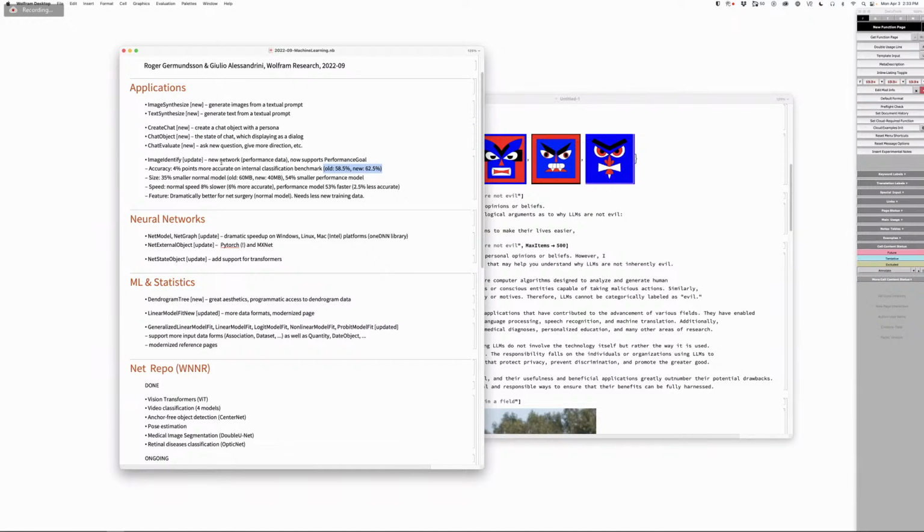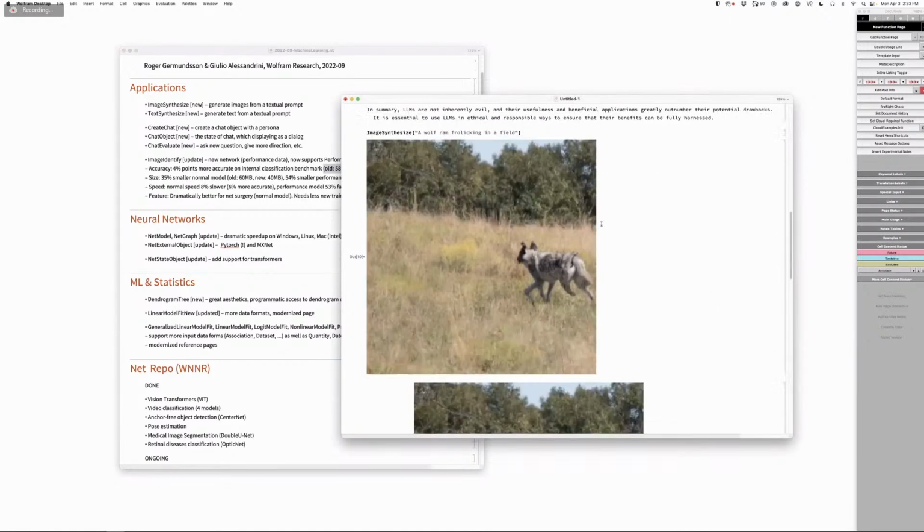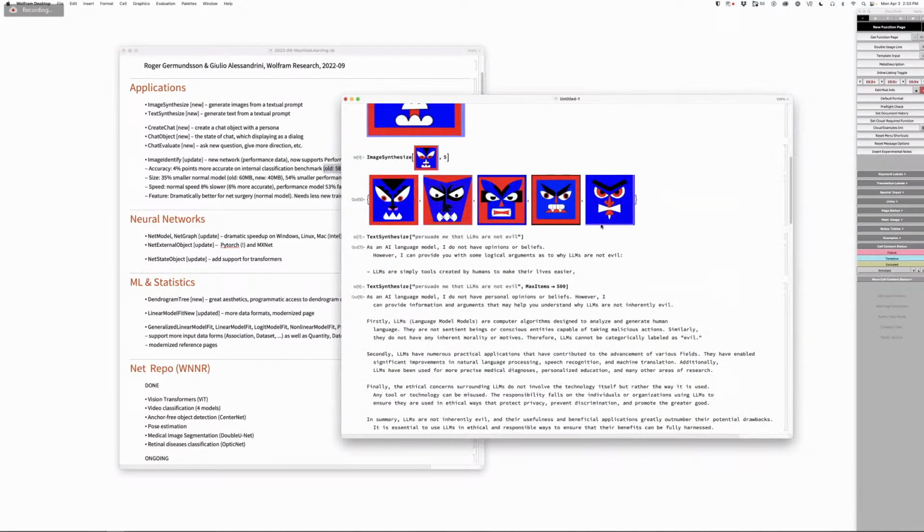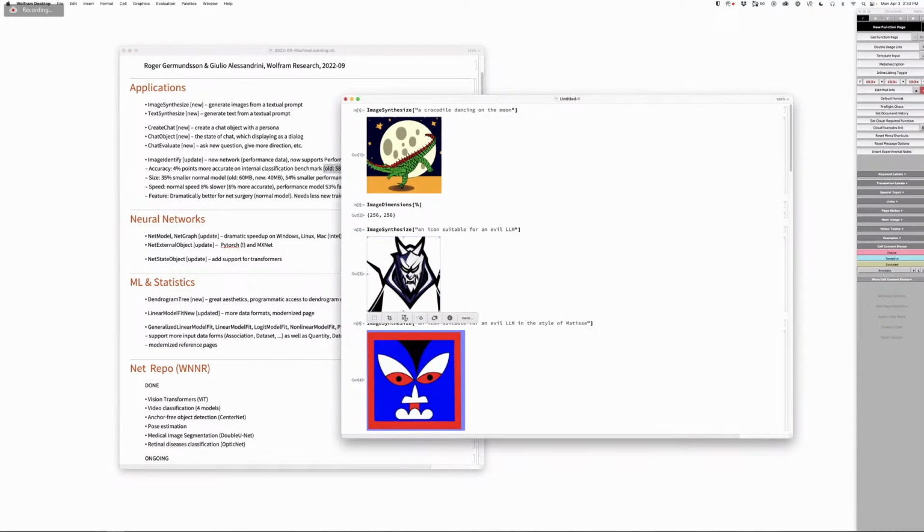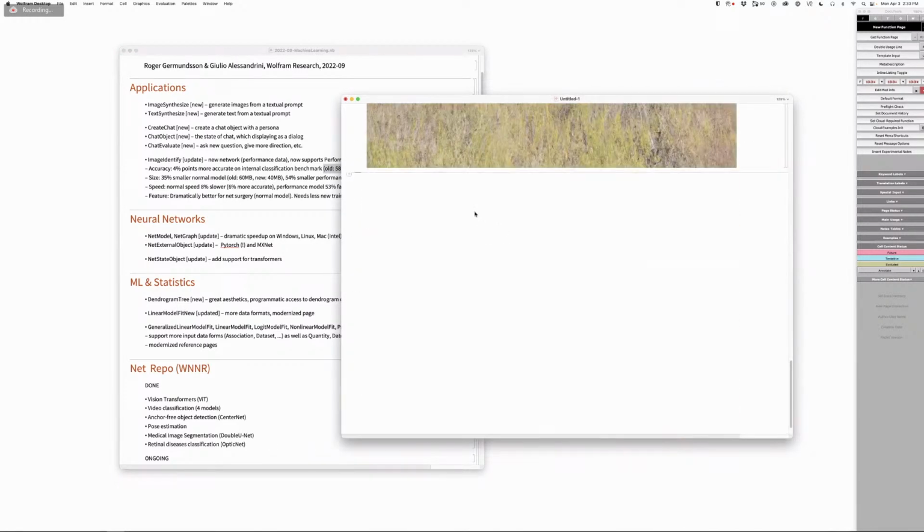The big problem is the first use of image identifier, which is absurdly slow. How do we speed that up? I realized that there was one downloadable packlet that contains the ontology, but it was never actually pushed to production, and it was still using some WDX format. So I updated that to get better alignment data and moved it to MX, which is cutting about half a second. Why is this slow? This is downloading the network itself, I think. And I don't know why this is actually failing for you.